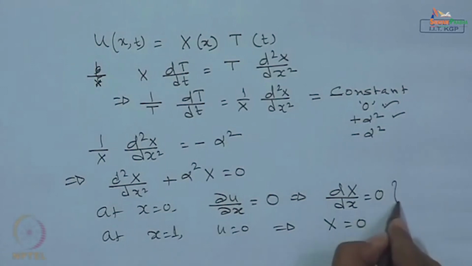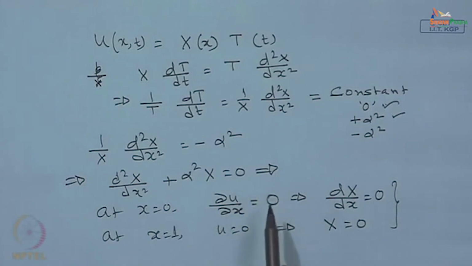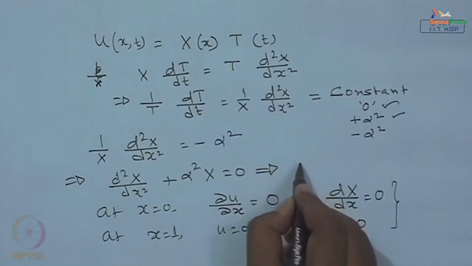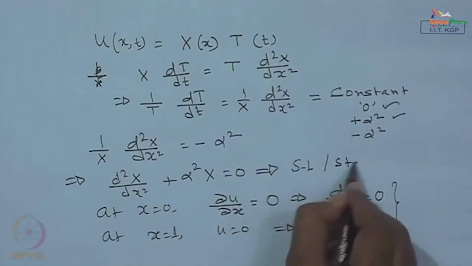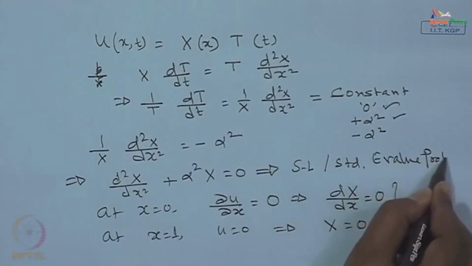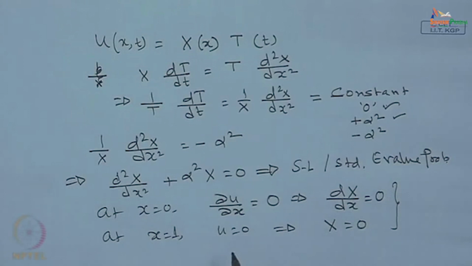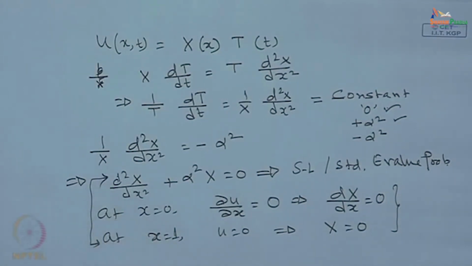So, again we will be having a homogeneous boundary condition and a standard form and a special form of generalized Sturm-Liouville problem. So, this is a standard Sturm-Liouville problem or standard eigenvalue problem with the homogeneous boundary conditions. We have already solved this problem, we have already looked into the non-trivial solution for this particular problem